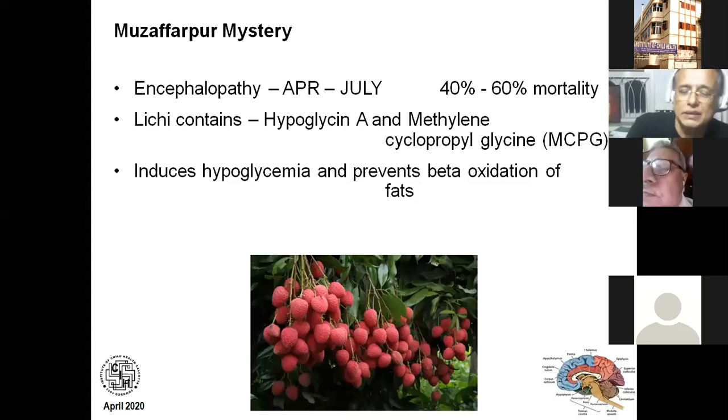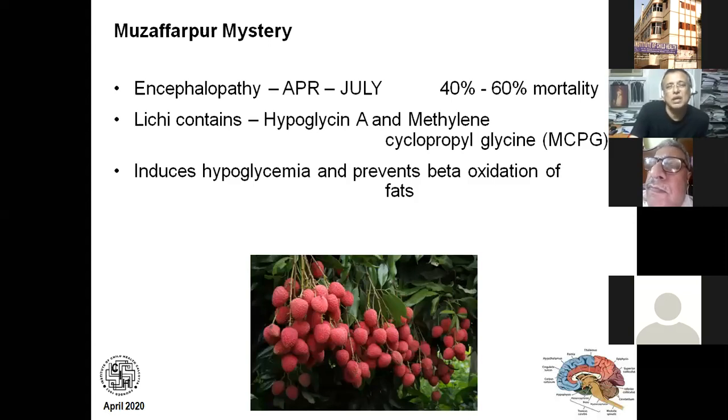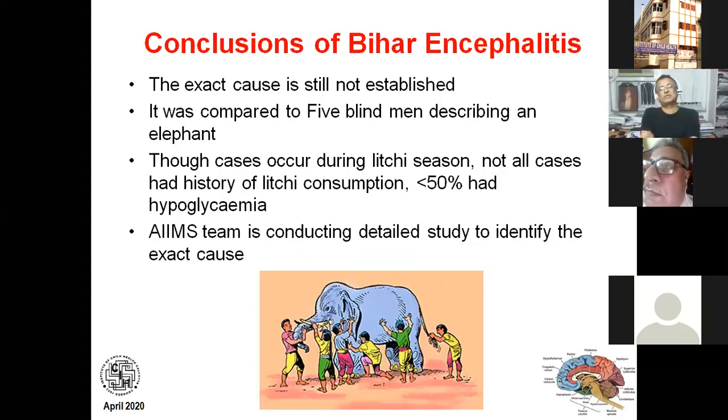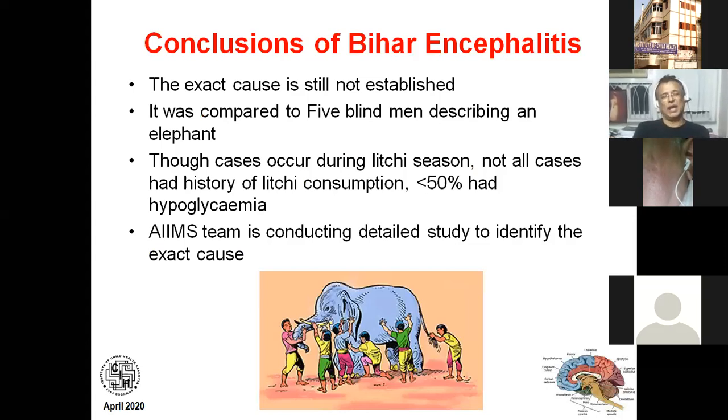But again, Sri Krishna Medical College has suggested something else. They have suggested that because of extreme heat and extreme degree of sweating, these children died from dehydration. So ultimately, there are many theories. Somebody said heat stroke, somebody said hypoglycemia, but the amount of MCPG in the lychees is not that high. So ultimately, the result was that 5 or 6 men examining the elephant, and we could not find the exact cause. And now a team of doctors from AIIMS is conducting a detailed study